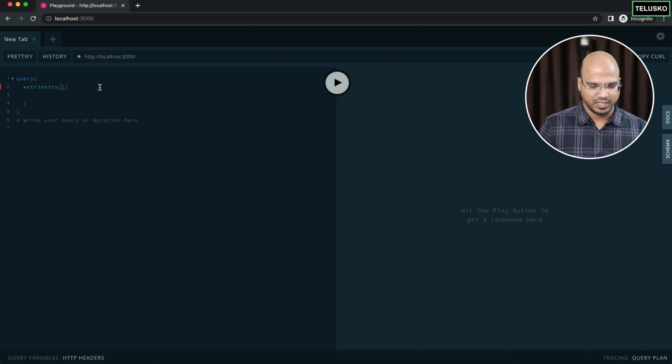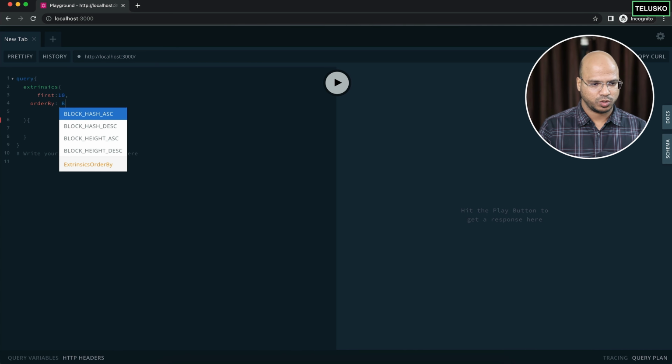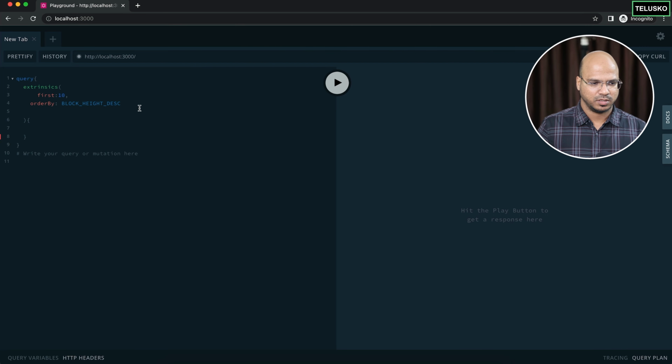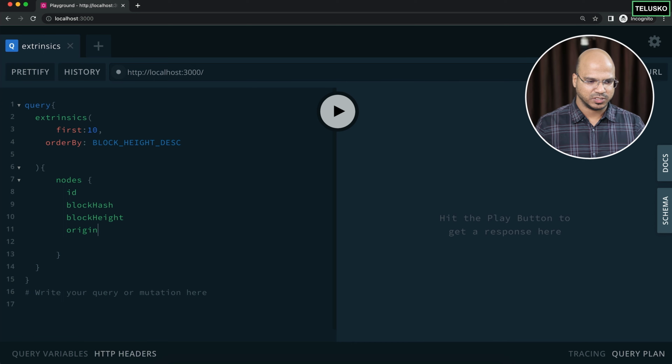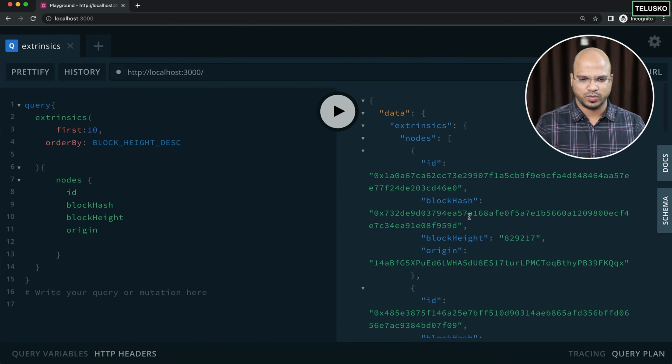And with this criteria, you can also mention what are the things you need. So basically, the criteria here is very simple. You want to get first 10 elements or 5 elements, whatever you can mention, and also what order you want to go for. I want to order by the block height in descending order. And of course, since we are running this again, it will fetch from start. And then what exactly you want from the nodes, basically you want the ID, then you want the block hash, and then you want the block height, and you want origin as well. And then just run this and you can see you will get this script.